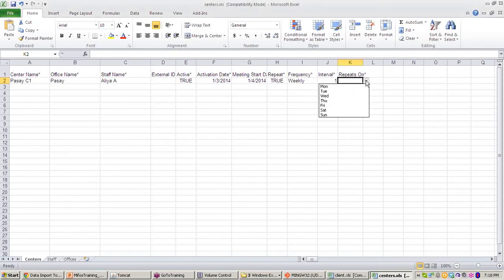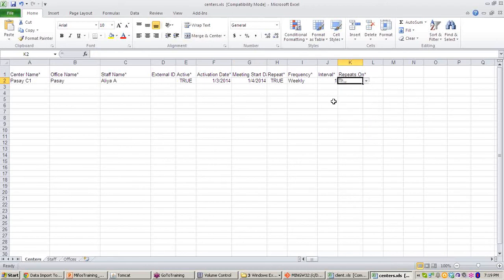Next, on which day the meeting is going to be scheduled. If I consider 4th January 2014, that date is actually a Thursday.